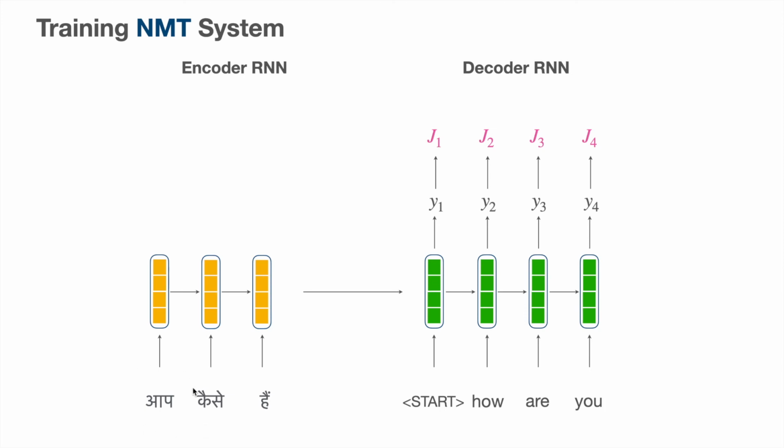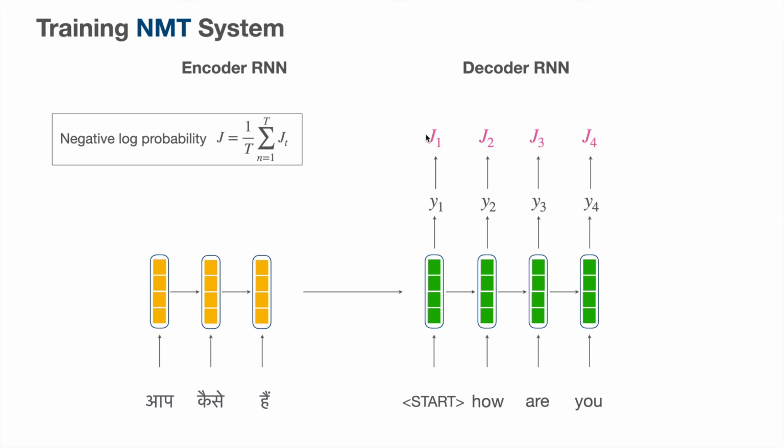We feed the source sentence at different time steps, and that is encoded at this last hidden state, and that acts as an input for the decoder, which will produce the first word Y1, and we calculate the error here, which is J1. So J1 is nothing but the negative log probability, and we have also seen the error function, the calculation of the error function and the meaning in the earlier tutorial. I highly recommend you watch that if you are not sure what it is.